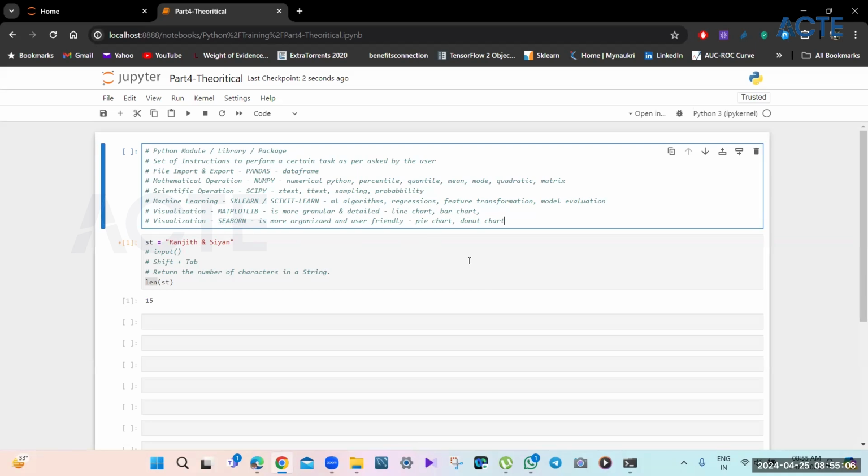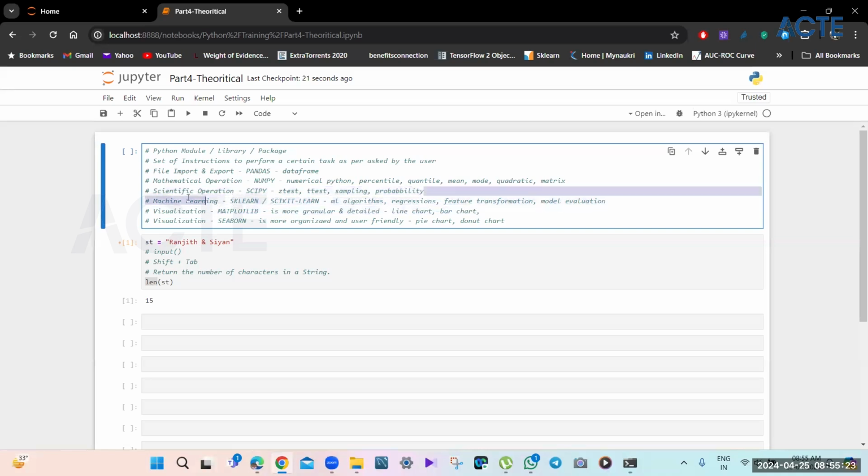So these are a few of the main ones that we would need. We can probably eliminate the scientific operation, probability and all, because all of our work will be related to machine learning.